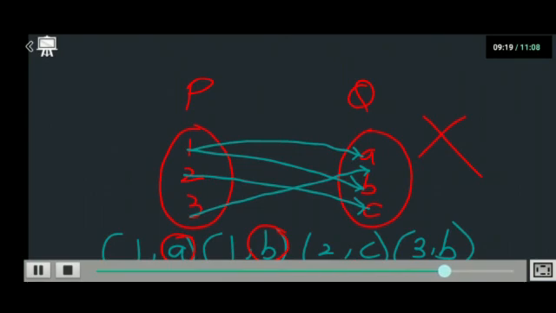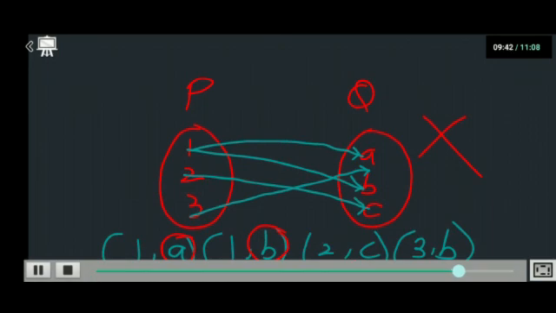So what did you understand by this, children? That in a relation, if uniqueness of image is followed, then we can say that relation is a function. Now just see what I am showing you here. You already have understood, children, in the mapping, this is domain and this is range, which you know already.